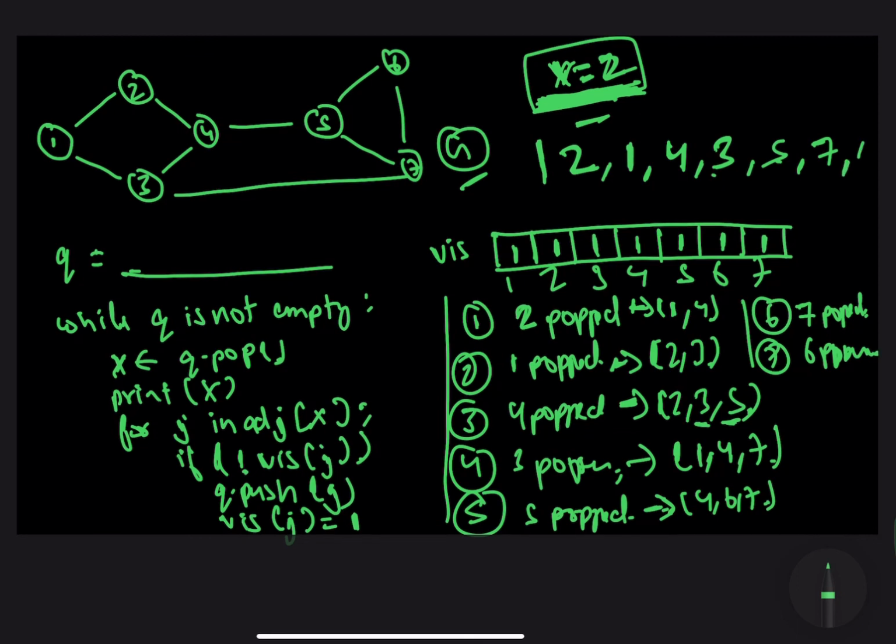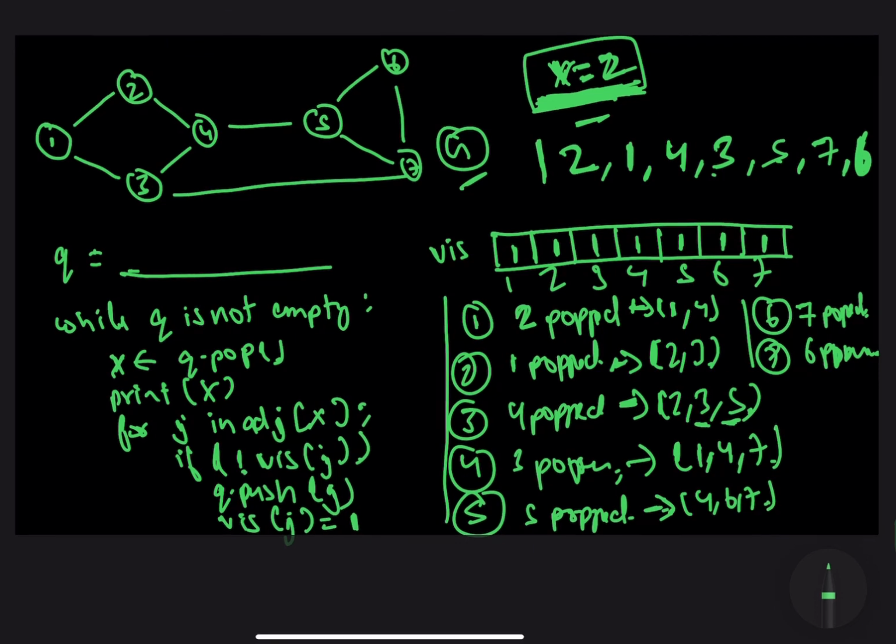And then let's say that now we are iterating 6, so we will append that 6 over here. All right, and the nodes which are adjacent to 6 are 5 and 7, since both of them are already marked as visited, that is, they were pushed into the queue before, we can ignore them now. So this marks the end of our BFS algorithm, because now the size of the queue is equal to 0, the queue is empty over here.